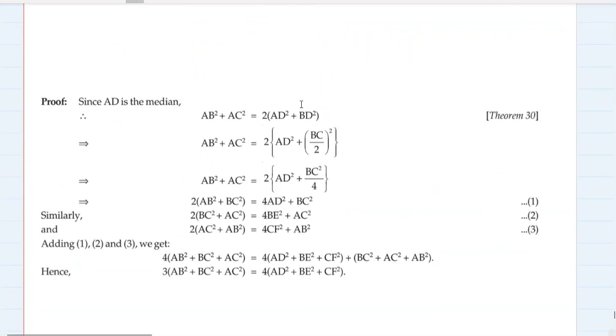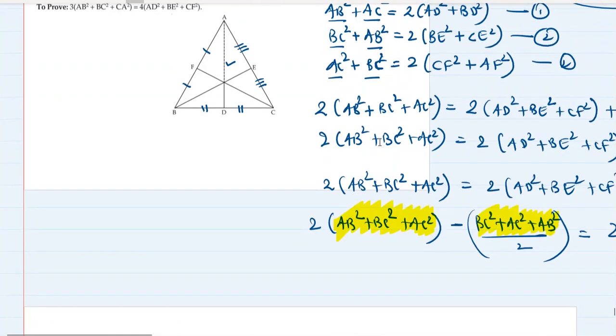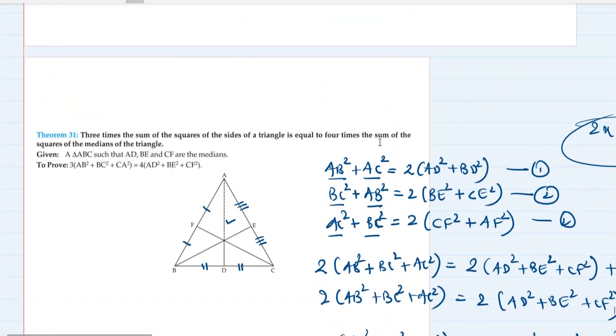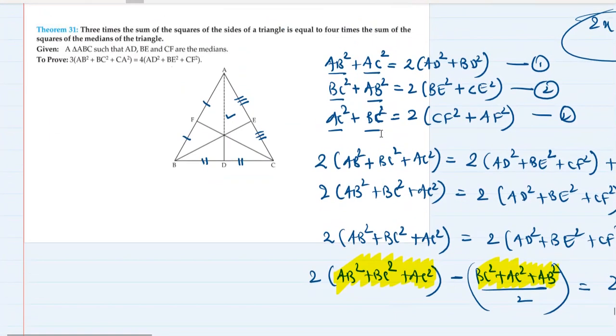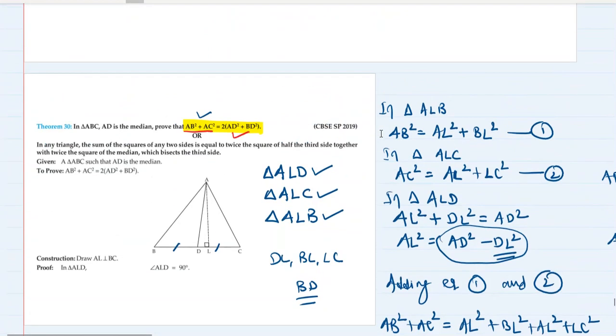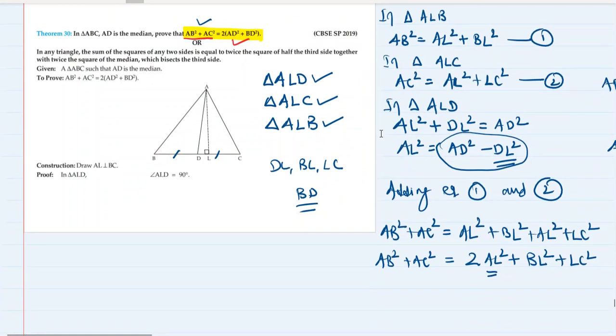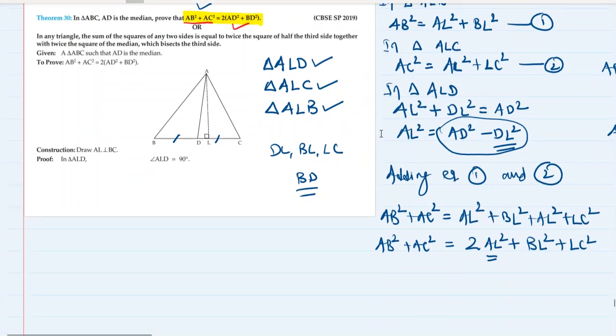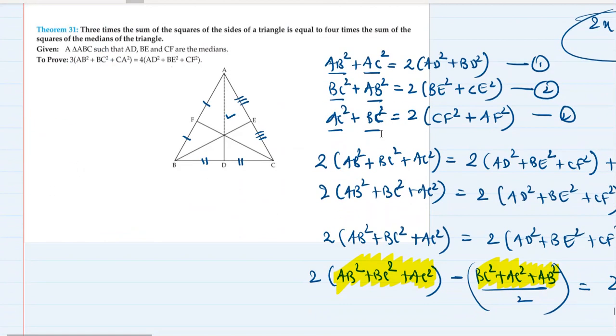Okay, so that theorem 30 has been cited over here. With the help of theorem 30, they have proved this. Without theorem 30, they cannot prove this result. So this is a very unlikely question to be asked, because this is not given as a theorem in your book. But if we take it as a theorem, then definitely we can prove this one also, as I showed you how we have proved it. Okay, so everything in detail I have discussed in this particular part, and it is a long video, as I told you.